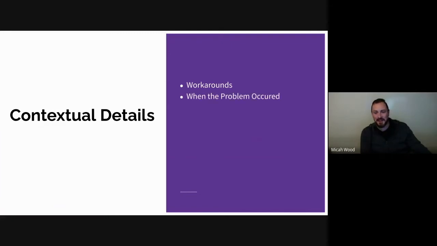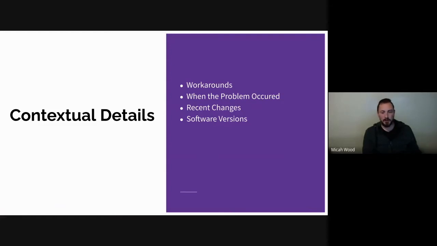You also want to make a note of when the problem occurred. A lot of people don't think about this, but if it happened yesterday at 5 p.m. versus 3 weeks ago, but no one did anything about it at the time, these are all bits and pieces of information that could help you out. Recent changes. Obviously, if you've made a change on the site, it's possible that that change could have caused something, so you want to make a note of those things. You want to make a note of what version of WordPress you're running.